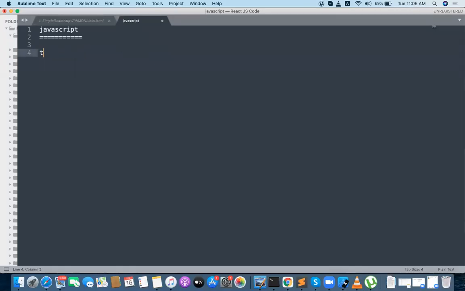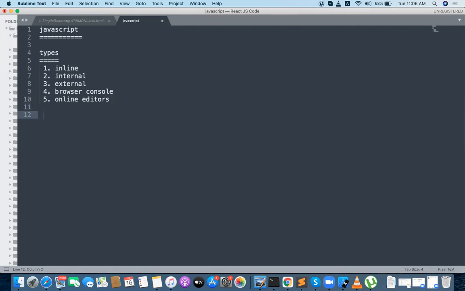In JavaScript, we discussed the types of providing JavaScript to HTML. The first is inline JavaScript, the second is internal JavaScript, the third is external JavaScript, and the fourth is the browser console. One more thing is online editors. There are multiple things we can use to practice JavaScript. Okay, one by one we will see.